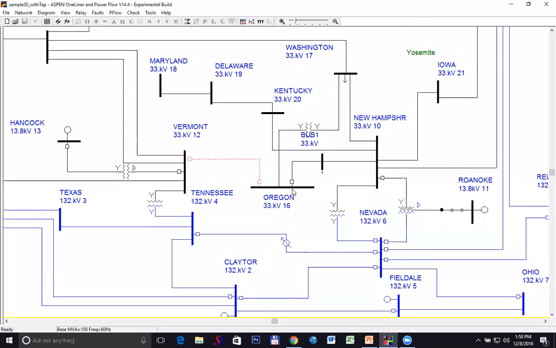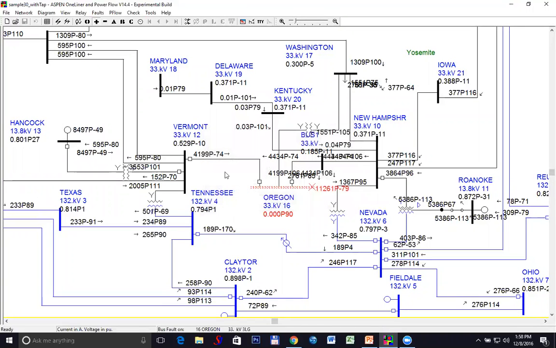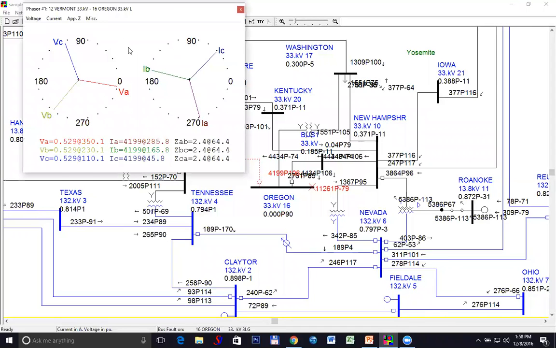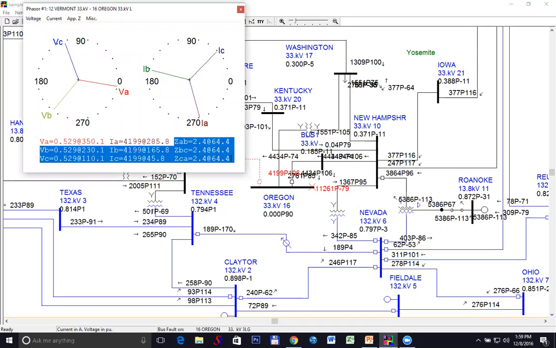You have to simulate a fault. So let's say I put a fault over here. I can do a control double click over here. This is called a phasor probe. And here ZAB, ZBC, and ZCA are the apparent impedances. You can also ask for the ground impedances. This is for the phase.